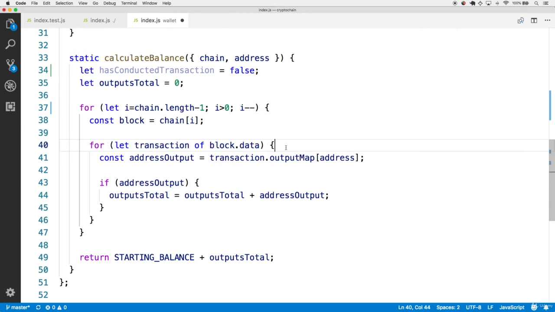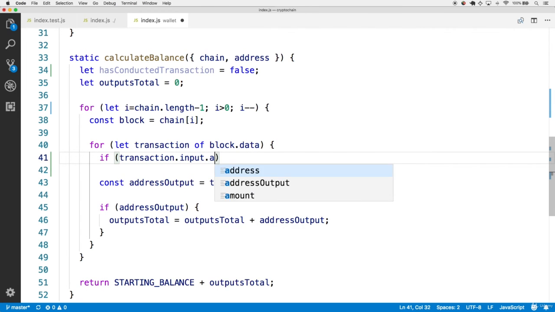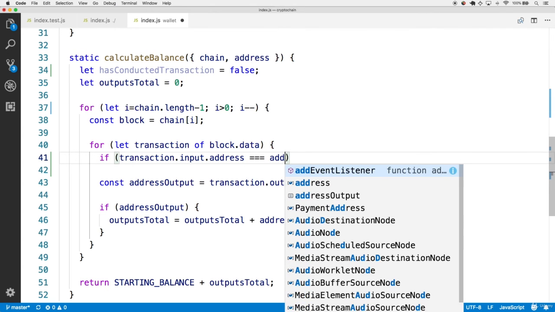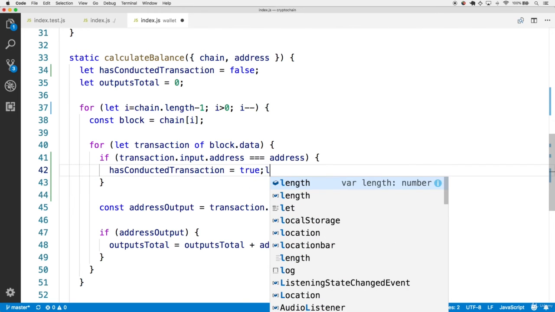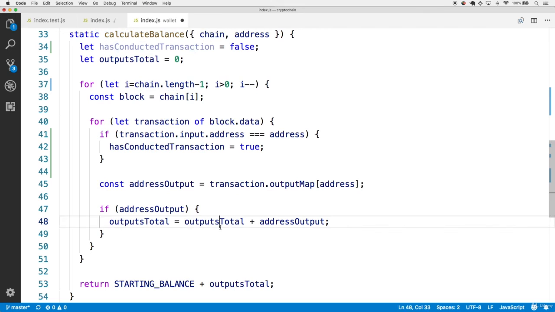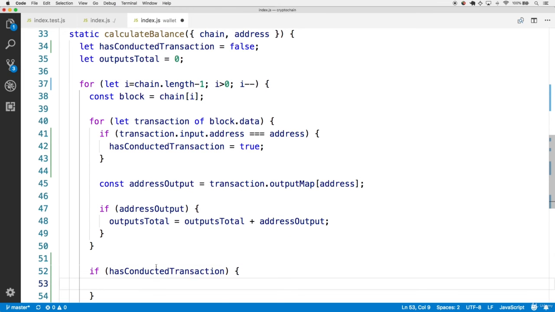And now we can add an if check in here for every transaction. If transaction.input.address is equal to the given address, well, then we know that the wallet has made a transaction. So let's set hasConductedTransaction to true. And the idea is we want to stop adding outputs once hasConductedTransaction becomes true. So after this for loop for the transactions of the block data, we're going to have an if condition of if hasConductedTransaction, and if this is indeed true, well, then we're going to call the break